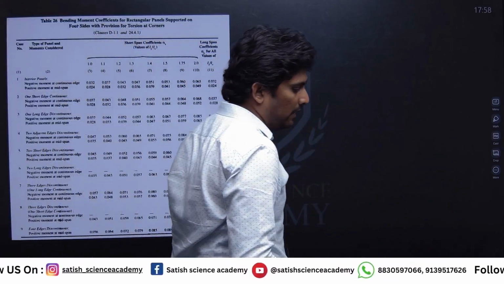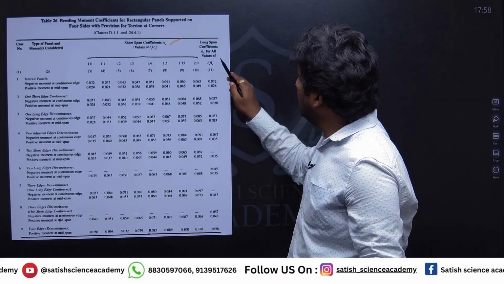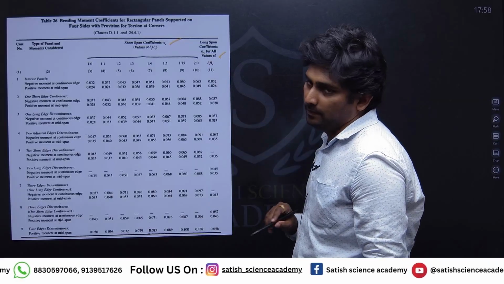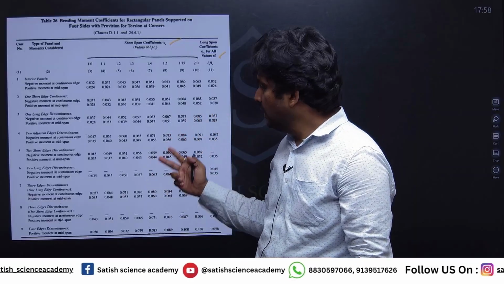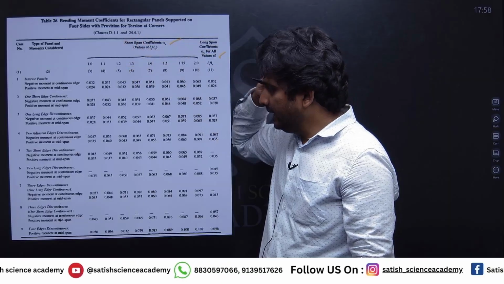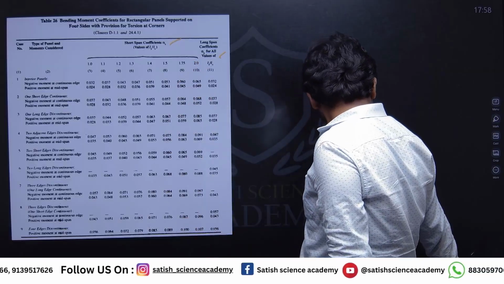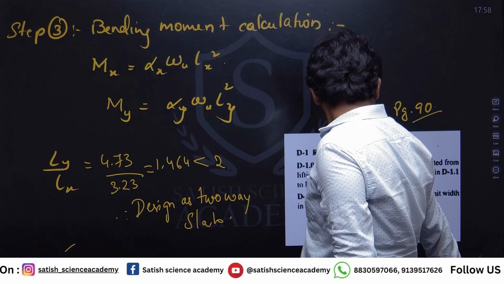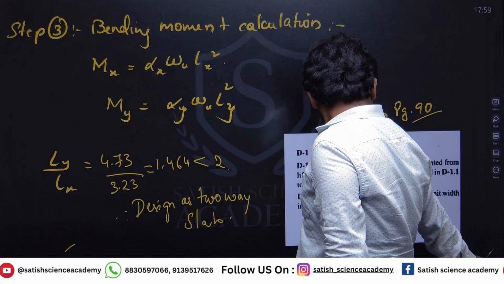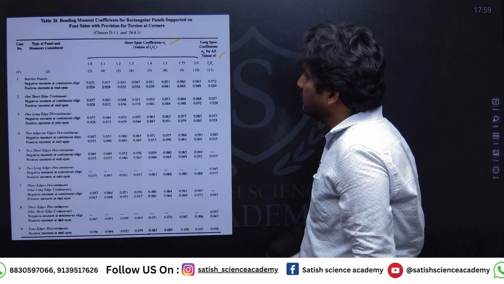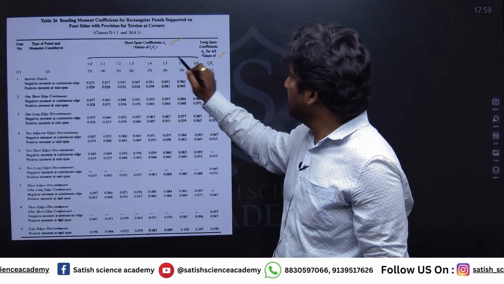So you have to calculate alpha values, alpha x and alpha y. There are two coefficients that will be multiplied to calculate Mx and My. That is given on page number 91, table number 26. On table number 26, we will be calculating alpha x, that is short span moment, and alpha y,